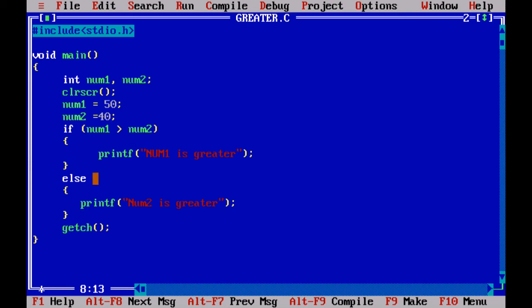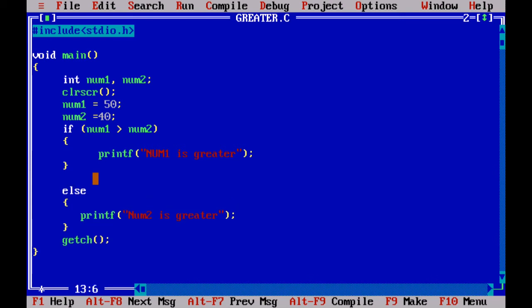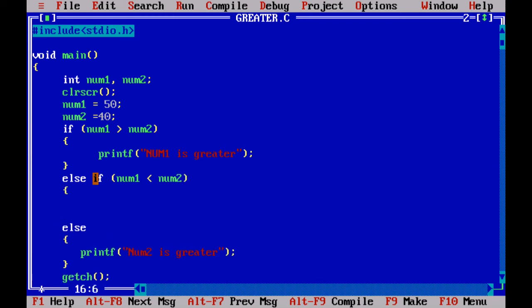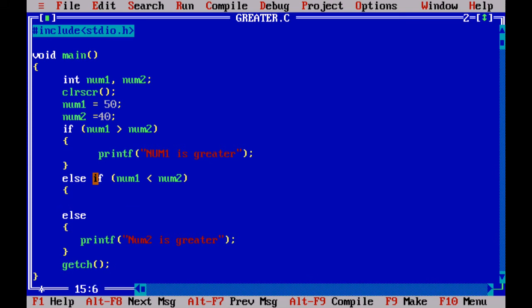Here you can give another thing, that is nested if. Inside this I can give another condition, else if num1 less than num2, then printf num1 is lesser than num2.